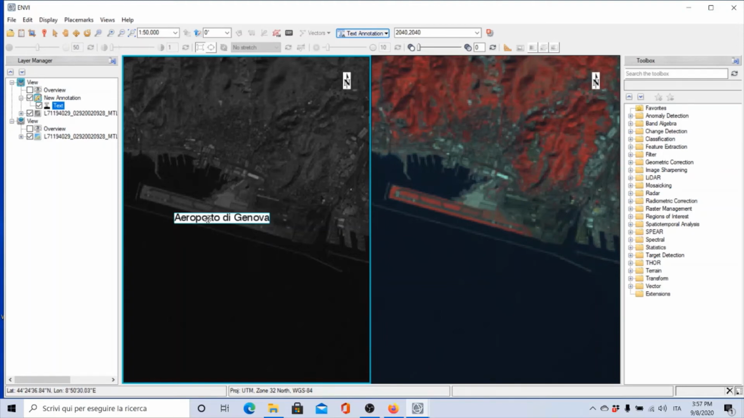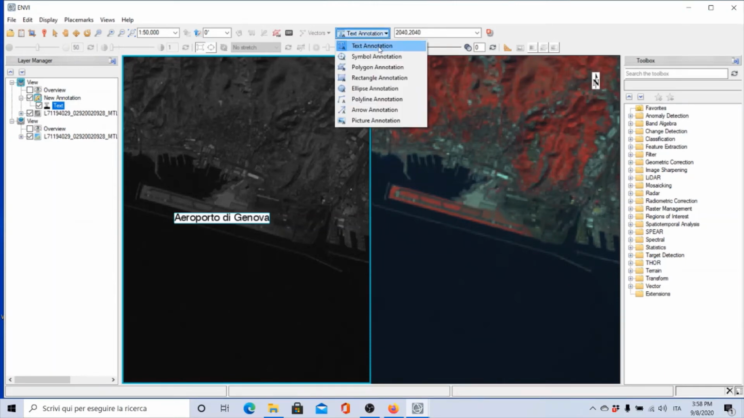Consider that I'm not erasing what is behind. It's only a label that is superimposed over the image. I'm not changing the original data. So if I want, for example, to just draw a polygon,